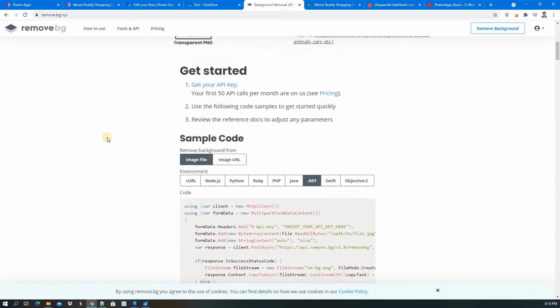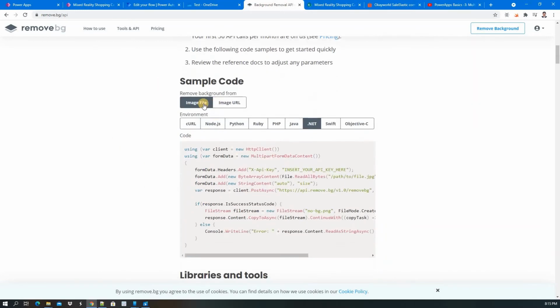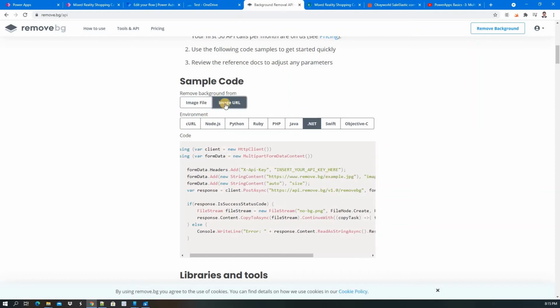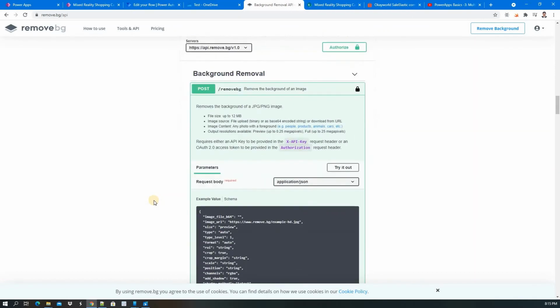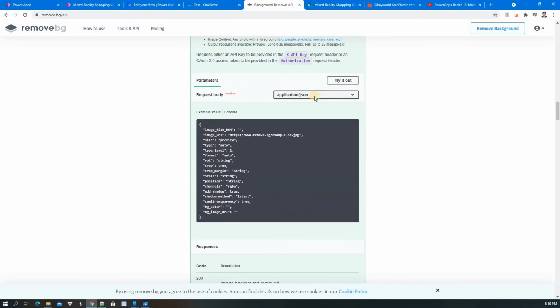Now if you come below, you can see there are two ways you can give the image: a whole image file or an image URL. I am giving an image URL, it is a bit easier for me. Here you need to select application/json, and then provide that image.